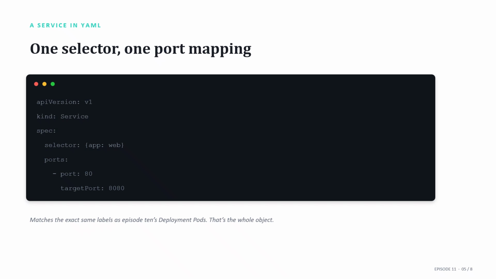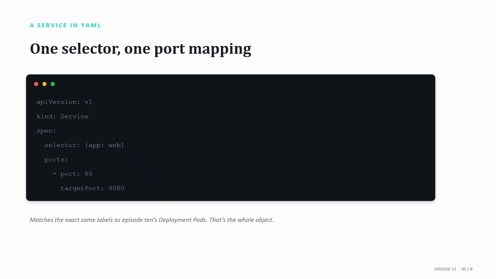kubectl get services shows its virtual IP, sometimes called the cluster IP, alongside the port you configured. From this moment on, any other pod in the cluster can reach your application through that stable address. Or better, through its DNS name, which Kubernetes assigns automatically, service_name.namespace.svc.cluster.local, or usually just the service name for short. That's the exact same name-based convenience Docker Compose gave you back in episode 7, now working across an entire cluster